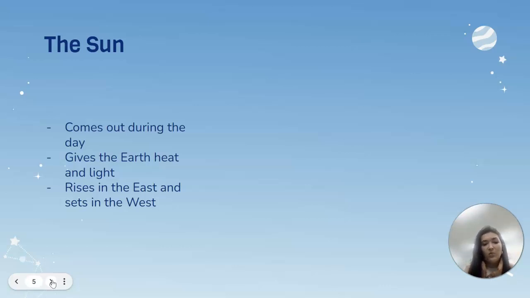The sun also rises in the east and sets in the west. Okay, so what that means is it'll start in one point in the sky and then it moves around like half a circle in the sky. Okay, so that's why you'll go out in the morning and it'll be in one place, and then you go out maybe during the night and it's in another, right? So that kind of explains that a little bit.